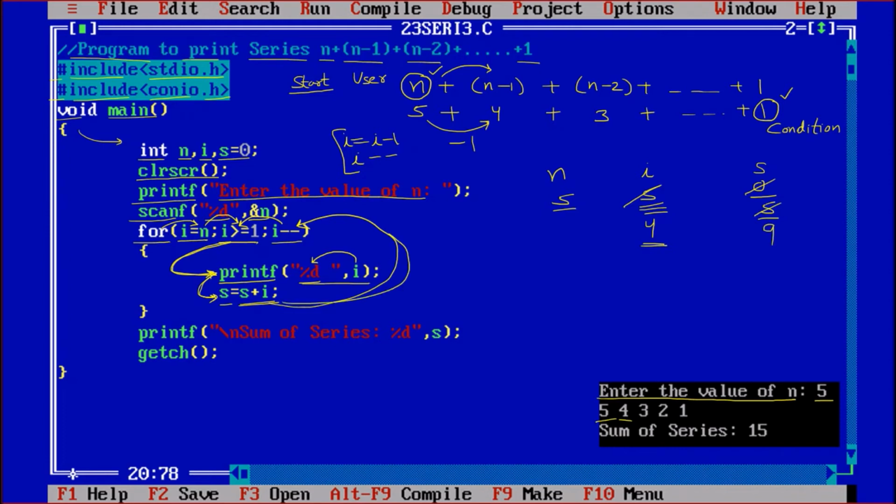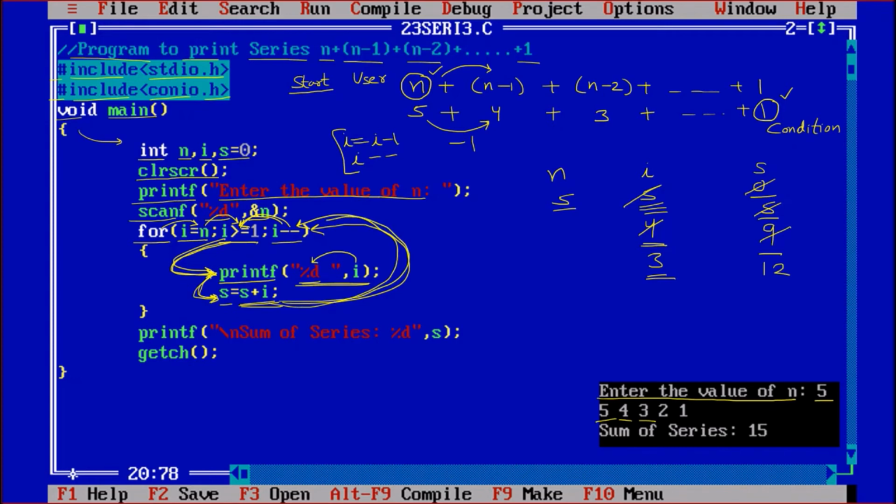Going back, I minus minus, the value of I is 3 now. Checking the condition, I greater than equal to 1, 3 greater than equal to 1, true. Coming down, printing I, 3 is printed. Sum is equal to sum plus I, so 9 plus 3 is 12.